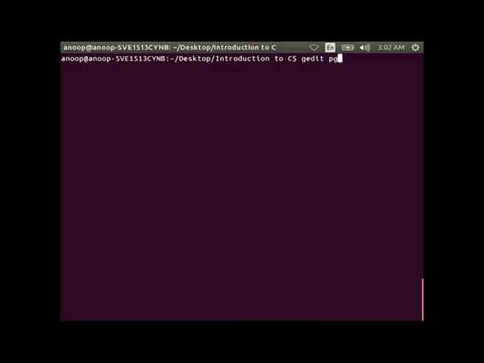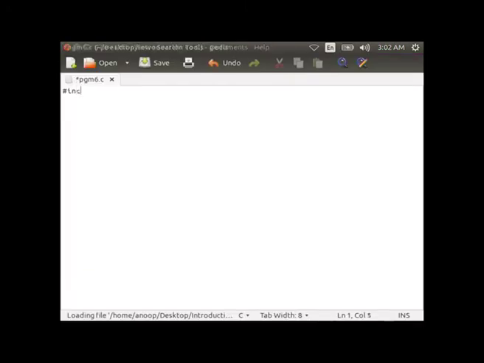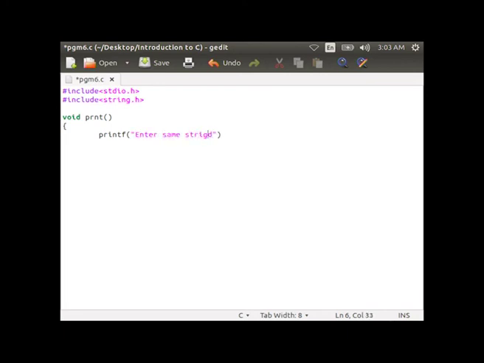Now, let us implement this algorithm as a C program. Let us first type this program: #include <stdio.h>, #include <string.h>, then the function void prnt within curly braces printf("enter the same strings"), then close the curly brace.